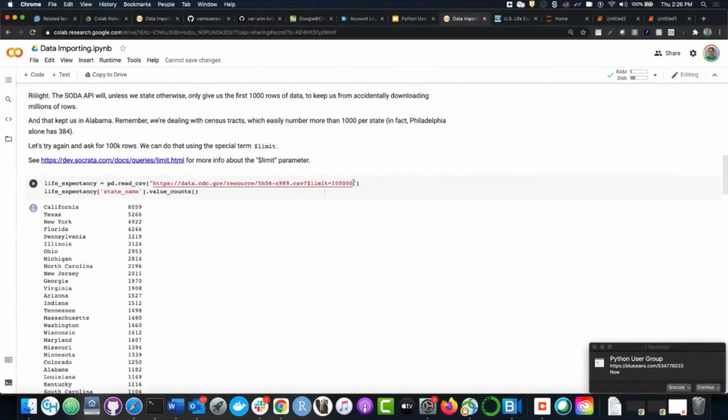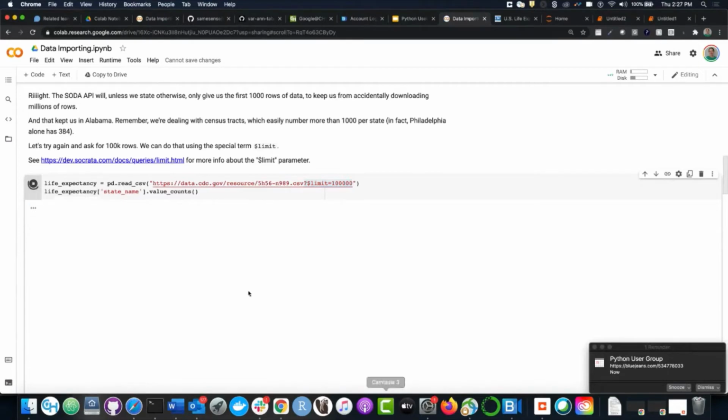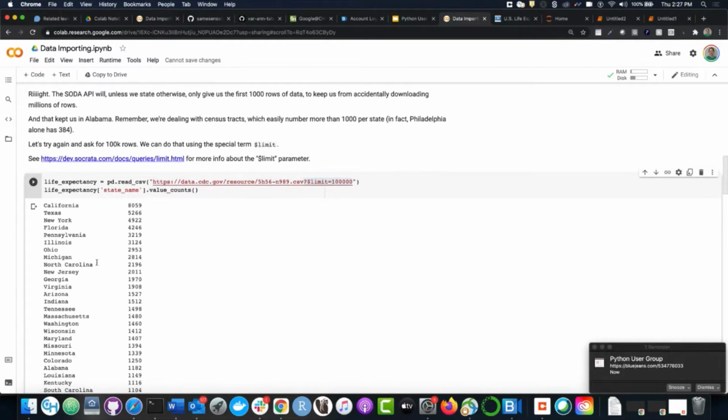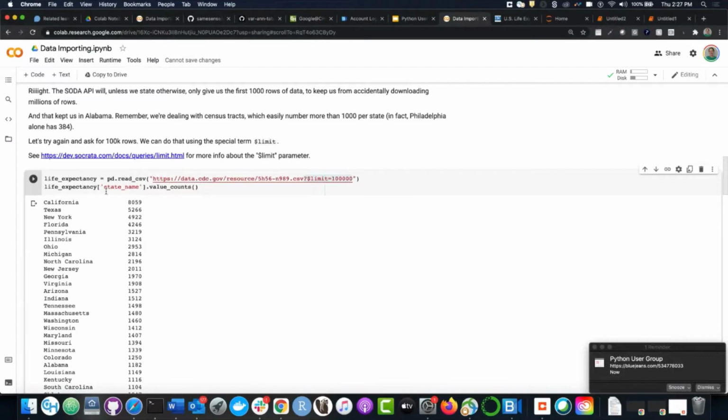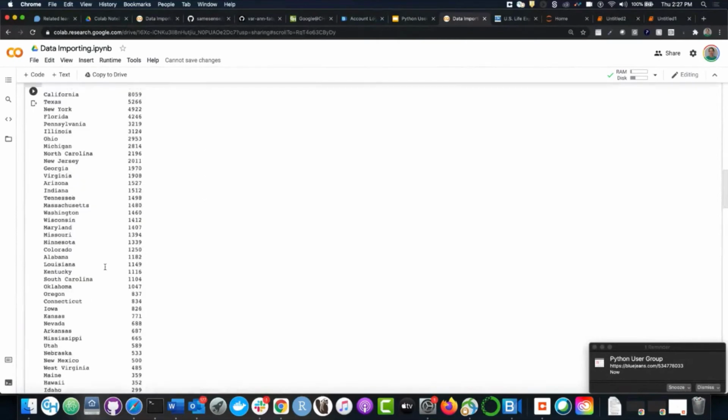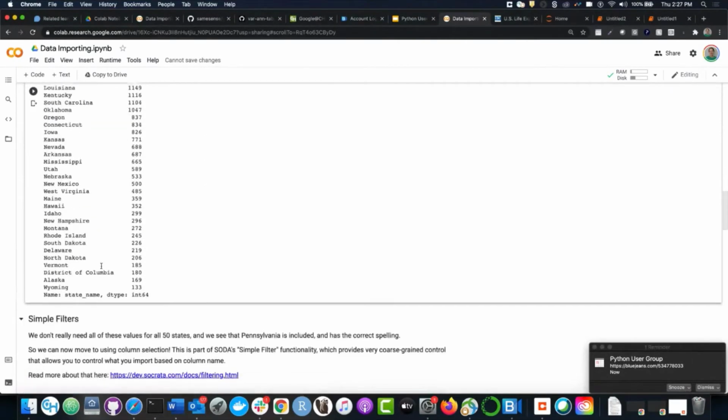So in this case, what we're going to do is add on, and this is just from reading the documentation about the API, another parameter here called $limit. We're going to say, give us 100,000 rows, because I think that'll get us just about everybody. All right, let's see. So I'm going to ingest that from this new URL that just has that $limit. And when I look at the values for each state name, we can see we've got a much broader, it's not just Alabama. Now we have lots of states.